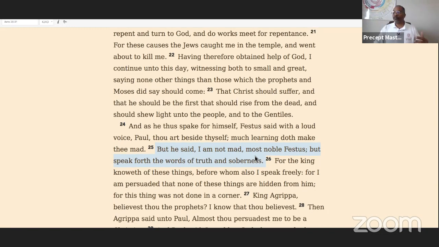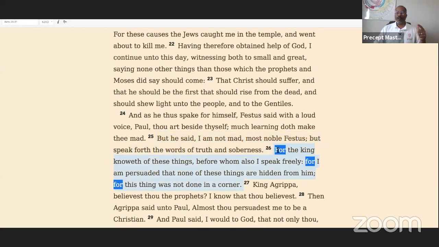Now watch this. This is the key where we know King Agrippa is not a Jew. It says, "For the king knoweth of these things." He knows of them. Why? He's an expert. But watch this. Just because you're an expert doesn't make you one. He's an expert in the customs and what's going on. Why? He was a king over them, so he took the time and the precautions to learn what they're about. So that's why he's an expert in the customs concerning the Jews.